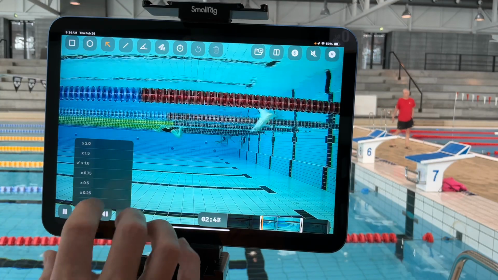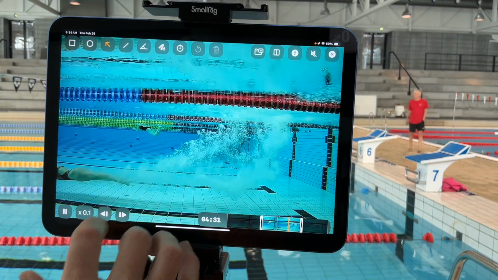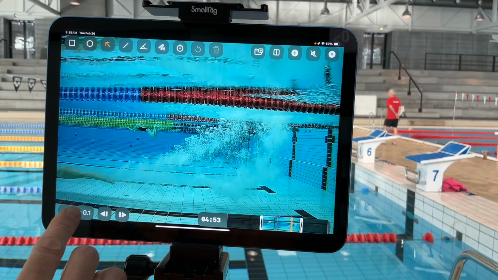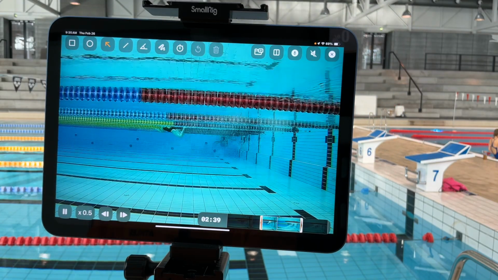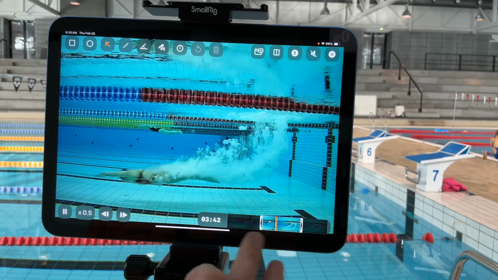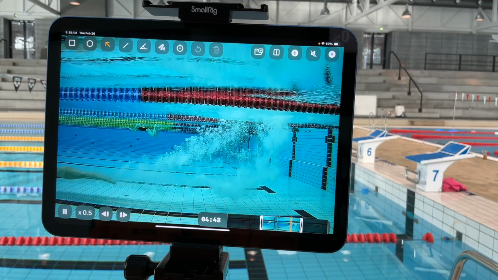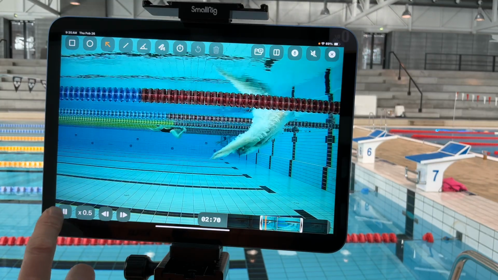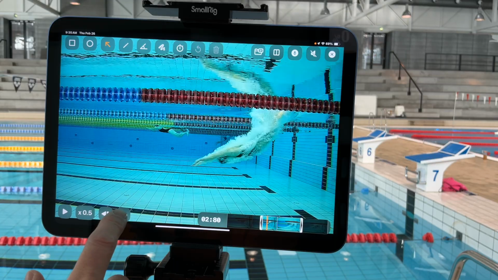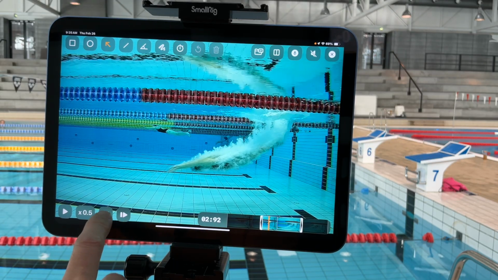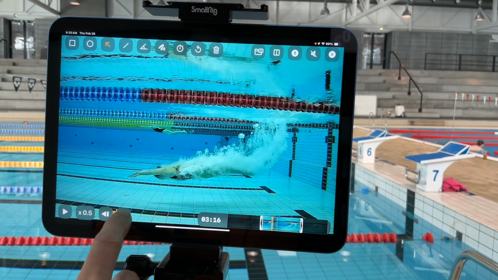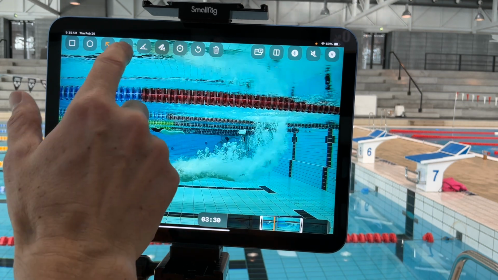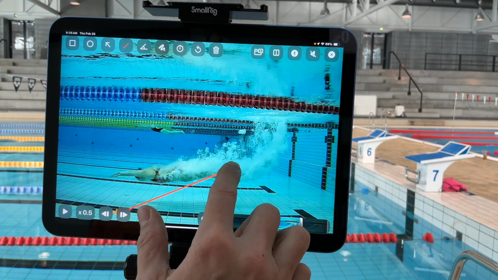and let's say that we wanted to see that in slow motion. We'll turn it to 1. So now we're watching at 1/10 the speed, so let's turn it to 50% speed here, and we can rewatch the swimmer a number of times. We can also pause it during the jump in and scrub back and forth to see that whole thing frame by frame, and of course do annotations